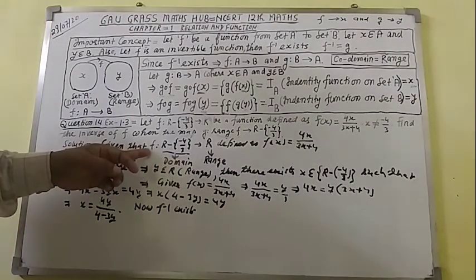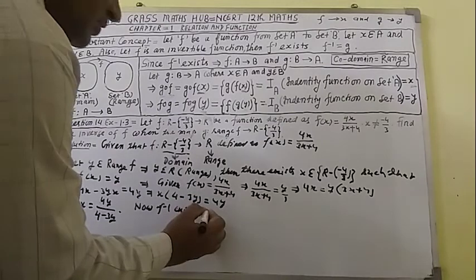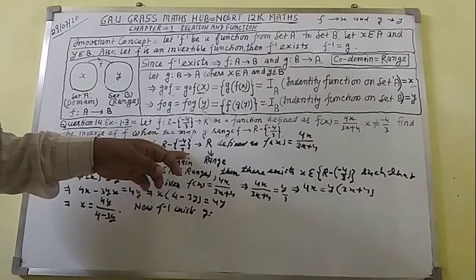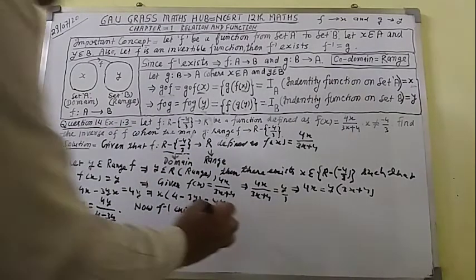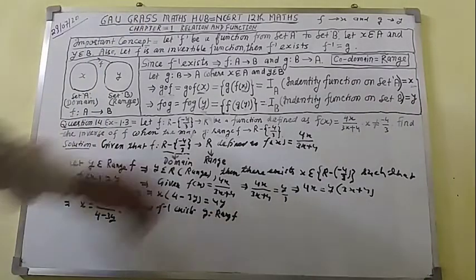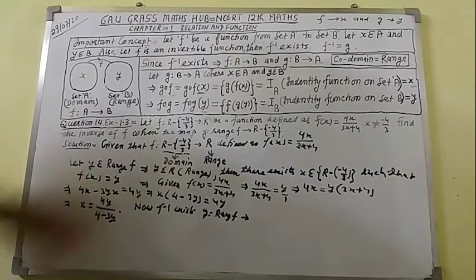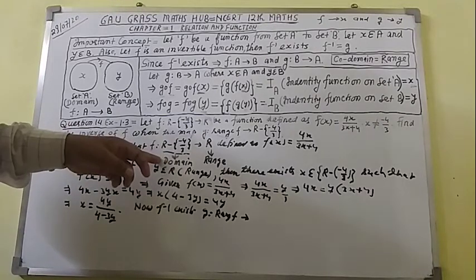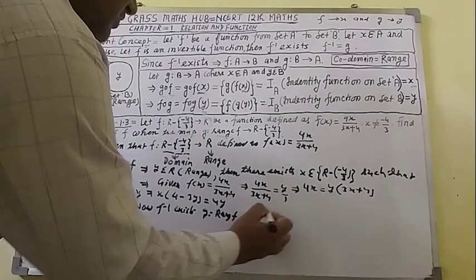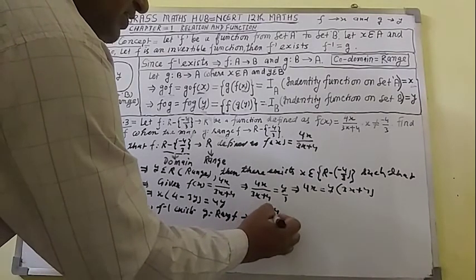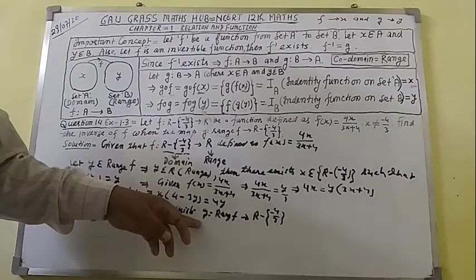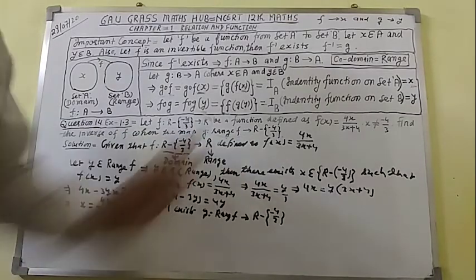This means that f will be converted into g. F will go to g, and in place of domain, write here range f. Range f, that is capital R, goes to, or this whole domain will be converted to range. Actually an interchange will be there. So here write R minus bracket minus 4 over 3. This is already given here. You can see g from range f goes to this.